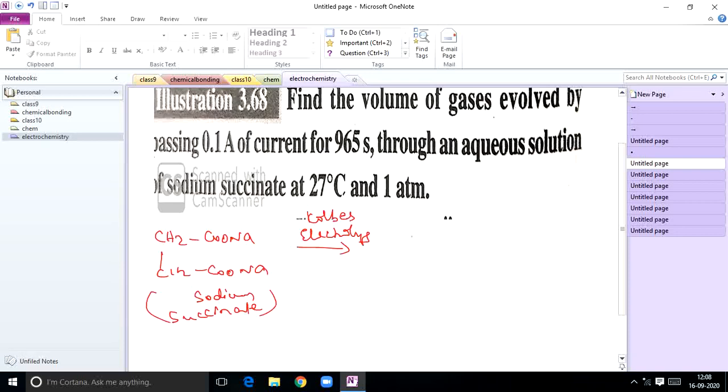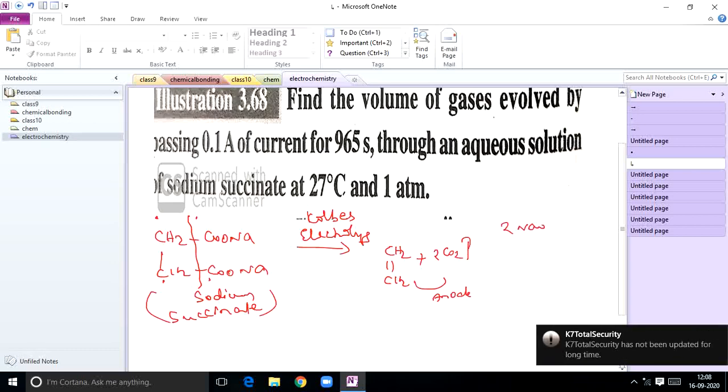So if you write the mechanism, what are you going to get? It is a free radical mechanism, already I said before. Here one dot, here one dot, here one dot, here one dot. Homolytic fission. So what are the products formed at cathode? CH2=CH2. At anode you are going to get these products, right? And what are the products formed at cathode? 2NaOH plus hydrogen gas. These are the products formed at cathode. So here how many electrons are transferred, 2 electrons.